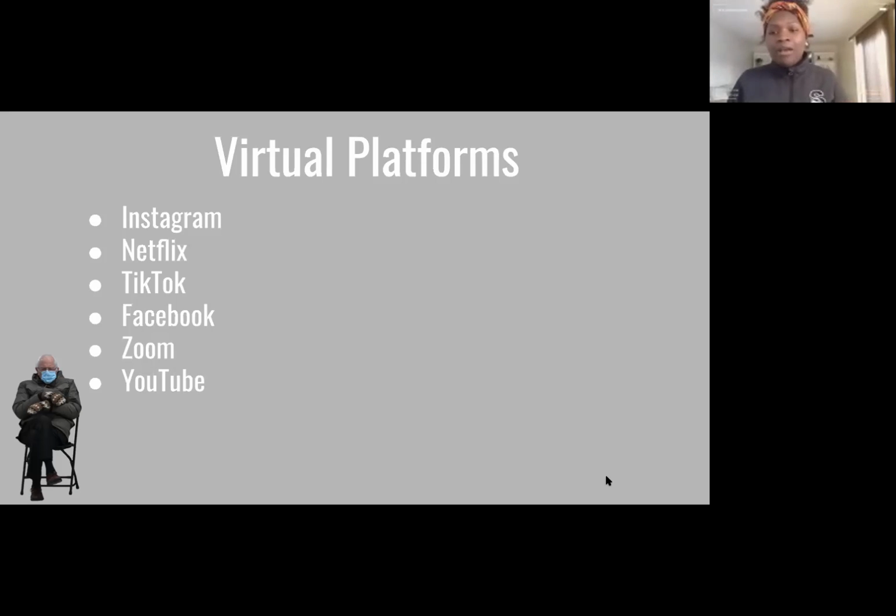But Zoom is a wonderful platform. It has an opportunity for people from all over to be able to get together. You can protect that space. You can do chat breakout rooms, which you can organize by themes or questions or do different games in those spaces. Zoom has been our friend really since March 2020, and it's a great space to host a virtual program. And then YouTube functions much like Facebook and Instagram.